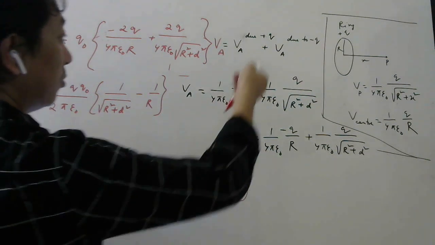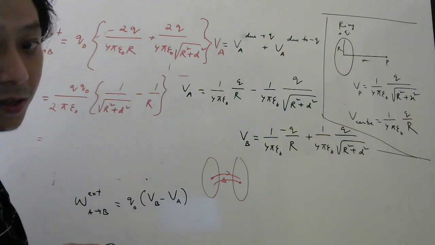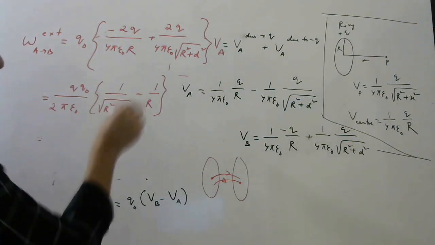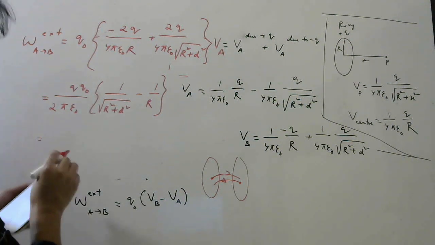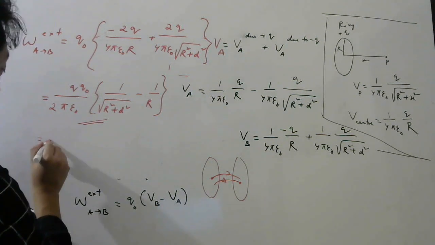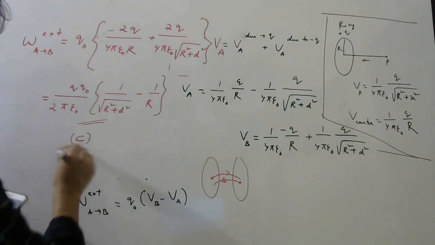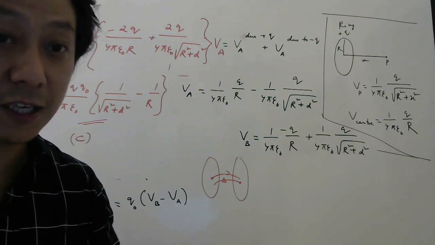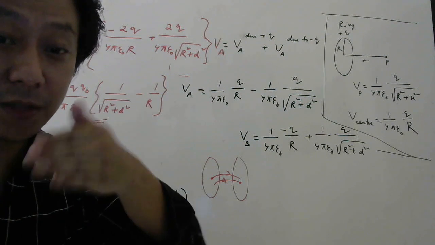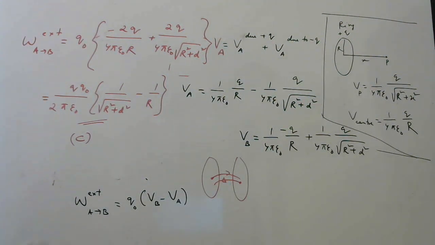So then you have to do VB minus VA, I did VB minus VA, you have to do VA minus VB. If you do that way, you will get the right answer which they have given. But if you check carefully, the only option which will match with this, if you take minus common, will be option C. So both positive and negative can be taken as the answer here, because they did not specifically mention from the center of which ring to the center of which ring.